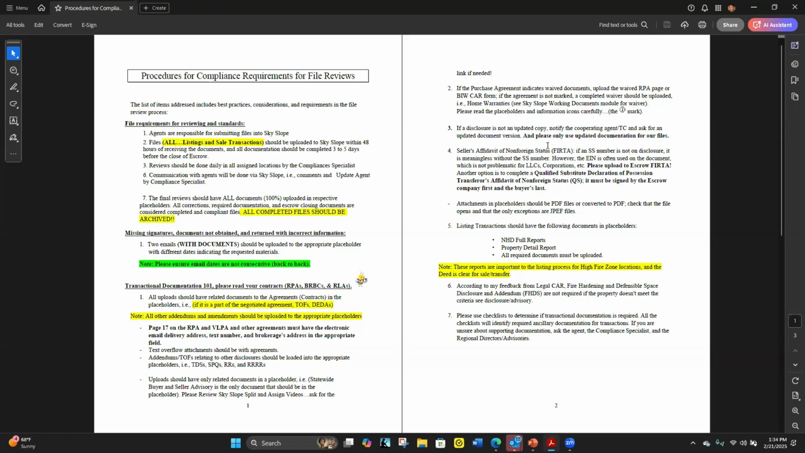Let's see. Using updated documents. So here's the thing. Legal Car says documents are good for 12 months. However, we know that with land listings, right? Land listings generally sell in 18 months, 24 months, 36 months. And when you do a land listing questionnaire, there's nothing much that's going to change in it,